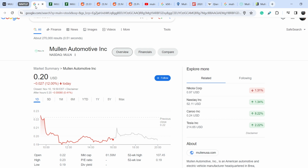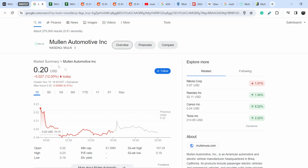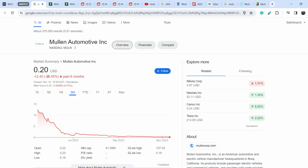So let me show you that if you type MULN stock in the Google search bar, you can see that its performance is, in my opinion, the worst among all the EV manufacturers, so-called manufacturers. During the last day, it lost 12% of its value. During the last 5 days, it lost almost 37% of its value. In a 1 month period, it lost more than 55% of its value. During the last 6 months,